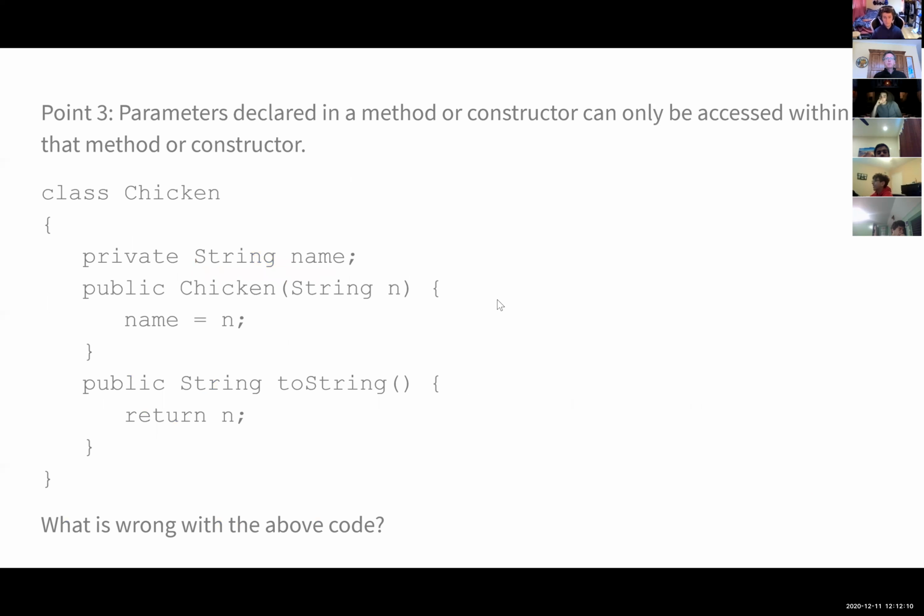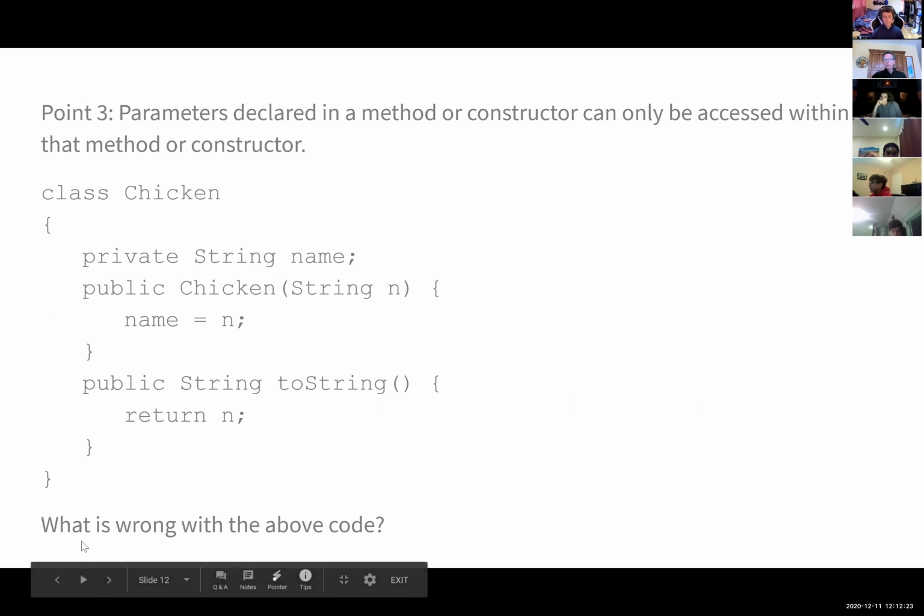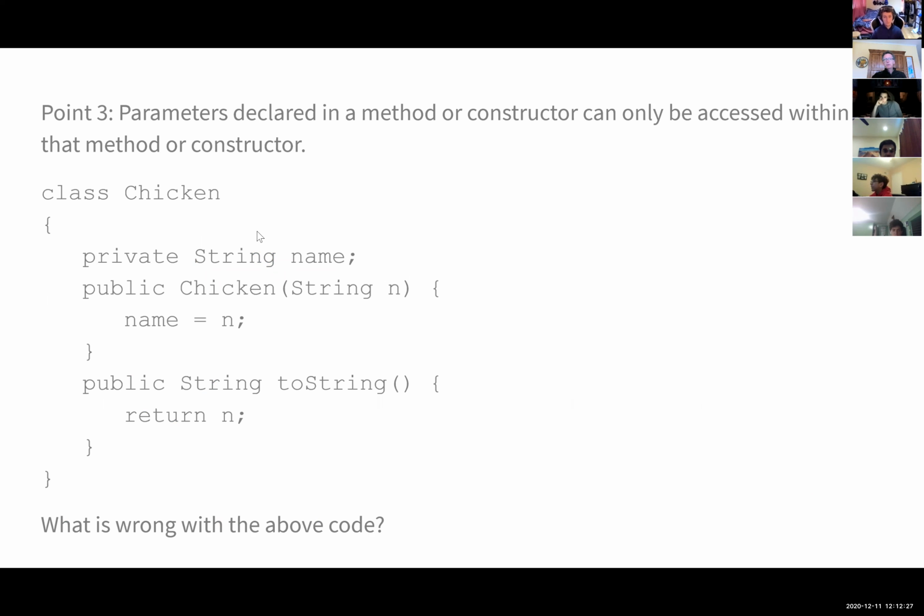Okay, point 3: parameters declared in a method or a constructor can only be accessed within that method or constructor. I'm just going to answer my own question, but the question is, what's wrong with the above code? So let's take a look. We just did a chicken, right? So private String name, and then public Chicken, here's the constructor, public Chicken(String n), and we say name equals n. So far, so good. And then for the toString, we're saying return n. And what's wrong with this is